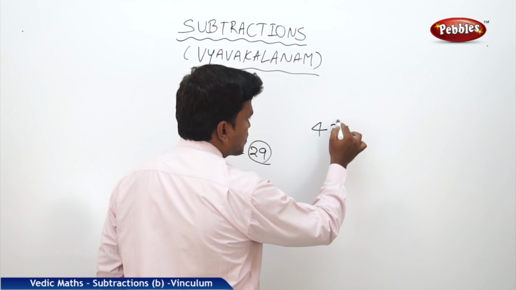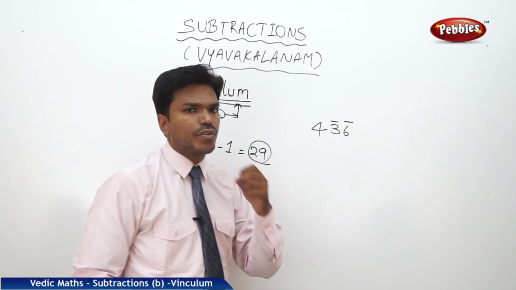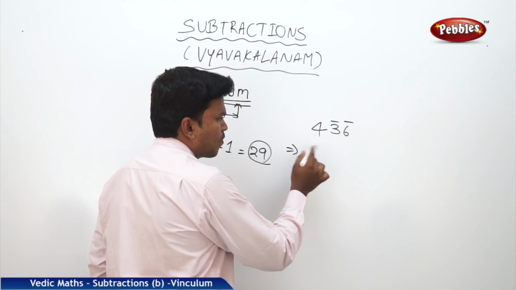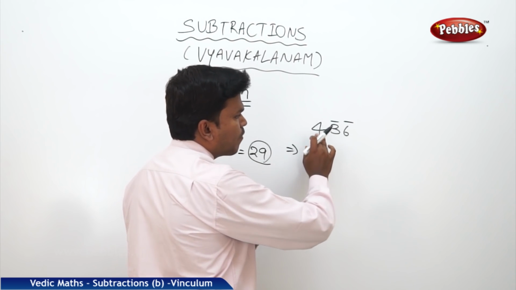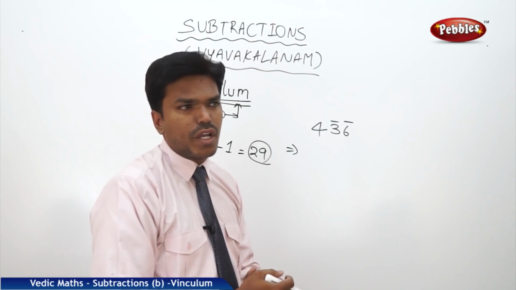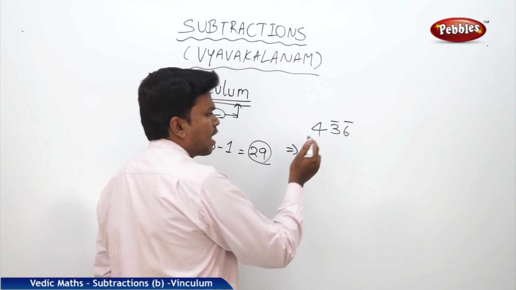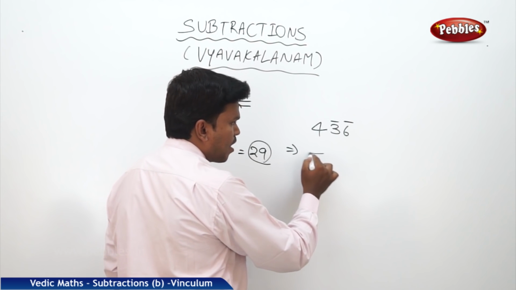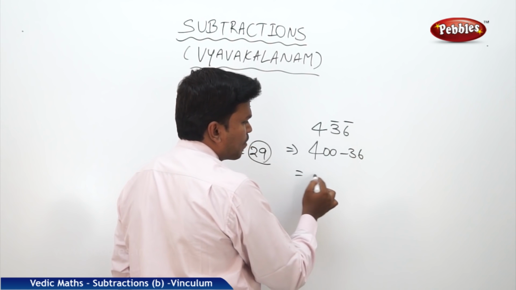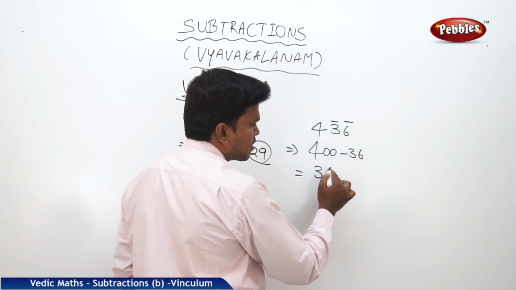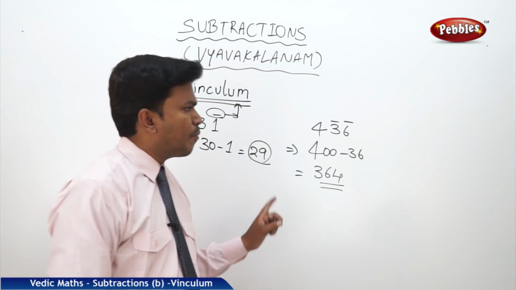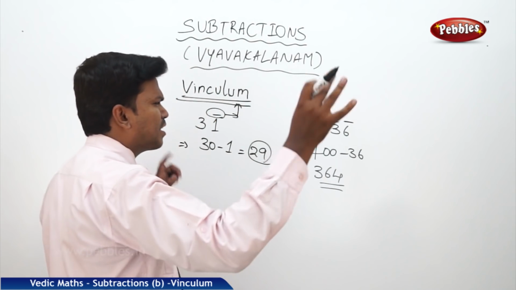4 3 bar 6 bar, 4 3 bar 6 bar. Now what does this mean? I want to convert this Vinculum number into the normal number. Okay, how to convert? First see here, just like I said, 400 minus 36. So what is 400 minus 36? 364. So 364. But suppose if I write some big number like this,